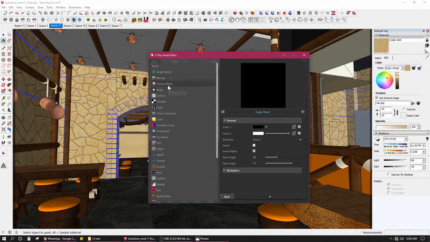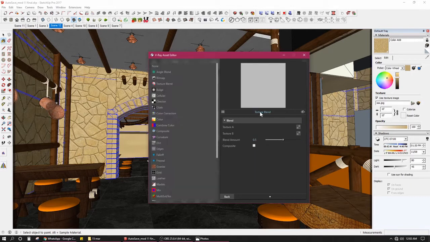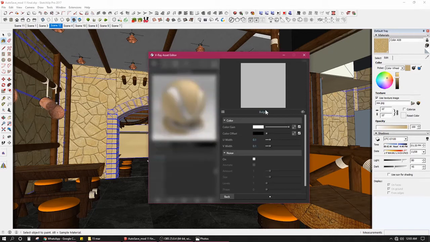The next is texture blend. These are minor detailings in the material which you won't see as a whole in the V-Ray material sphere; you will be seeing these in a very macro, overview sort of manner. You'll be able to recognize these minor changes in the textures. So this is bulge. Now I can always alter the properties.